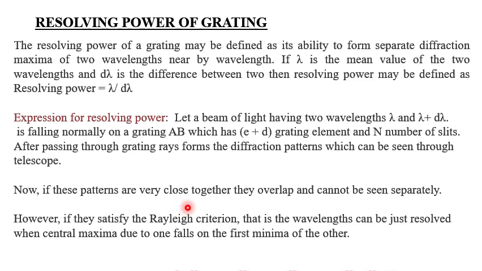Why? Because in the unresolved condition, the things are not resolved by the optical instrument, and in the clearly resolved condition, we get very clear images. So the abilities may change there, but the position where we can calculate is the just resolved one. Just resolved means that things are not unresolved and not clearly resolved either. So we choose a position where the two wavelengths are just resolved. What is the condition for just resolved? According to Rayleigh's criterion, the central maxima of one falls on the first minima of the other.